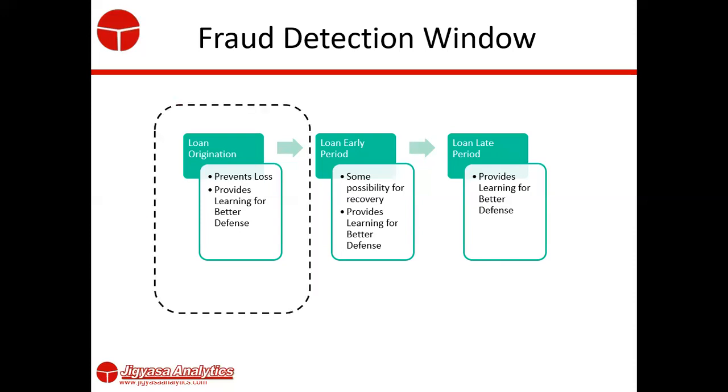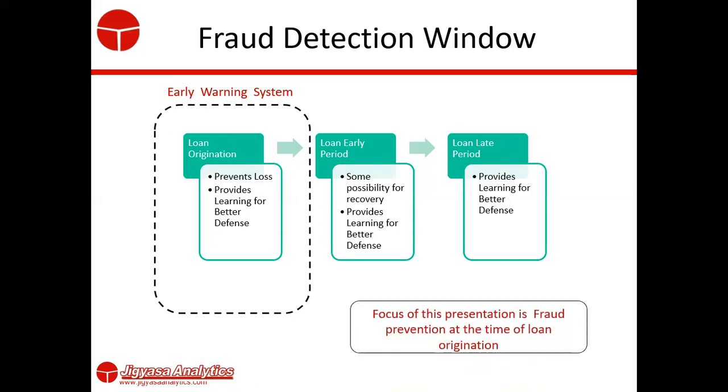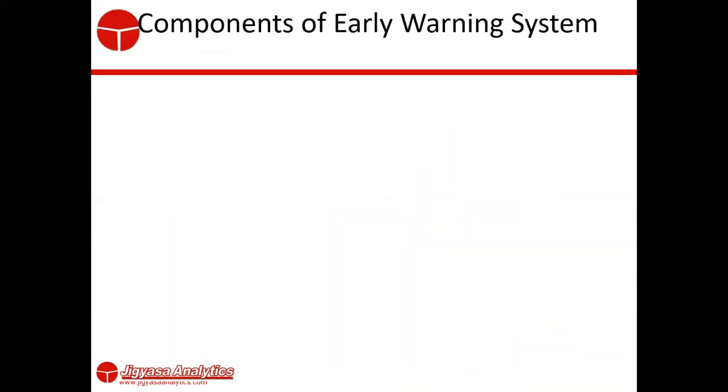And the focus of this discussion today is loan origination, and how to prevent fraud and detect fraud at this stage. Okay. And that is what we call the early warning system. Okay. So